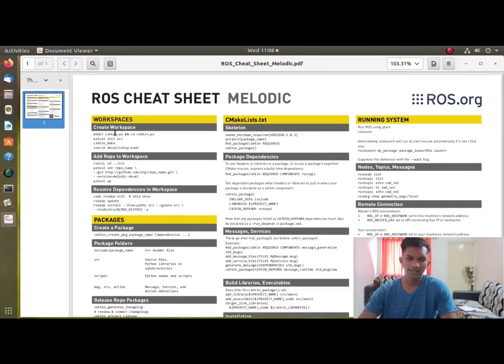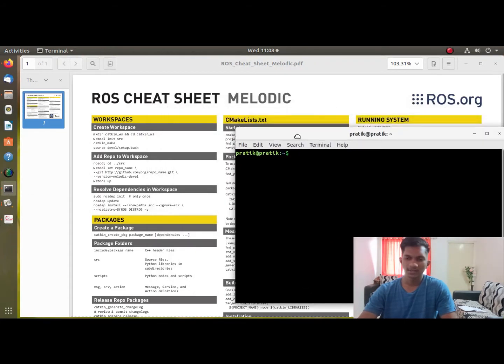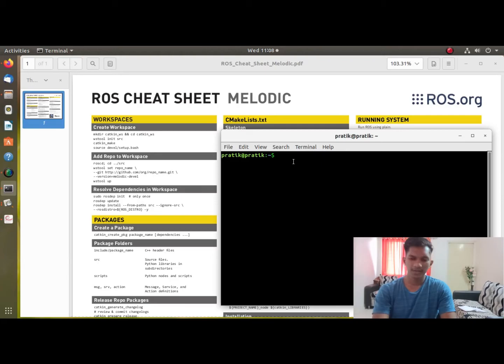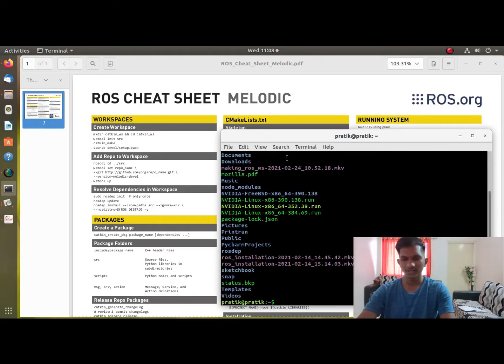First of all, let's open a terminal. After opening the terminal, just type ls. You will see everything contained in your home directory. Now first of all, make a folder named catkin. You can give it any name, but this is the convention we use.